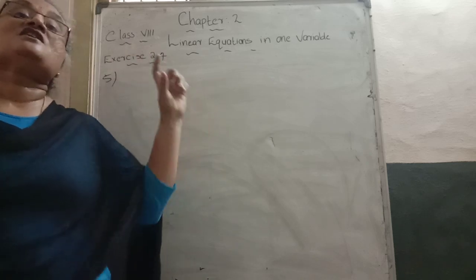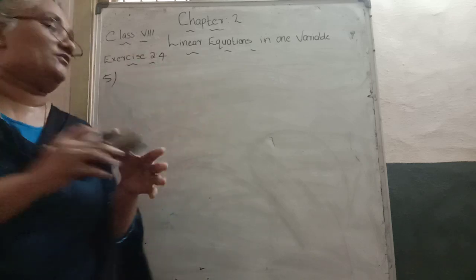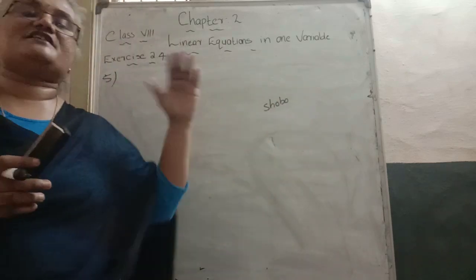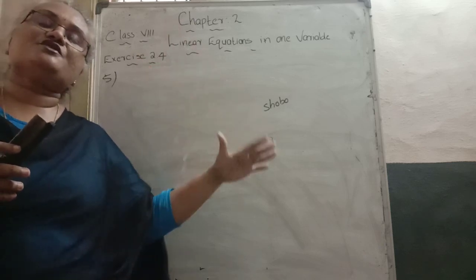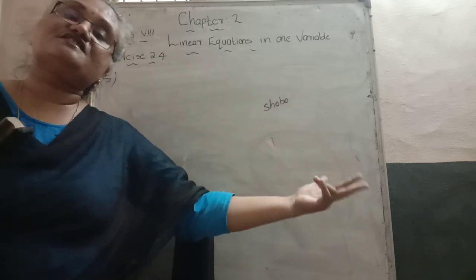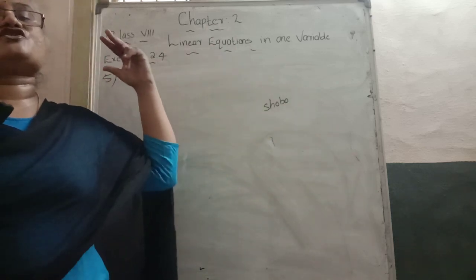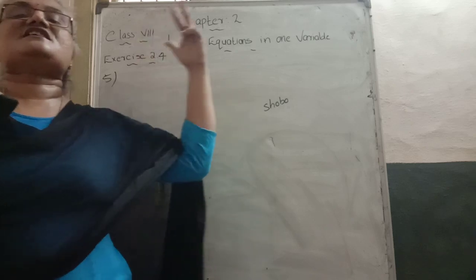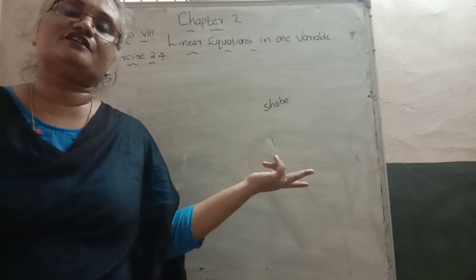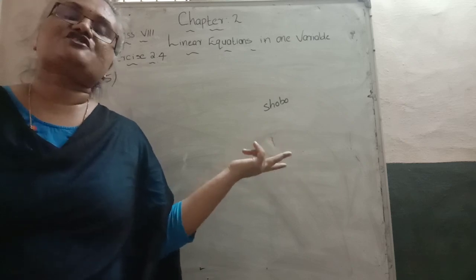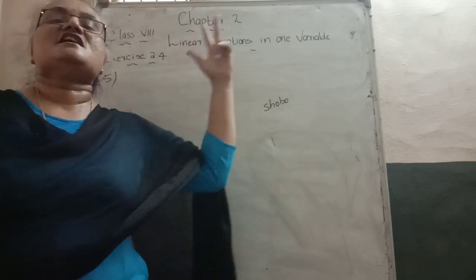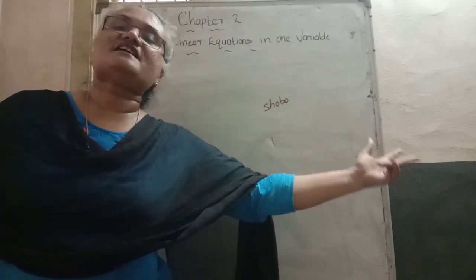They tell that the child's name is Shobo. I use child only. Then the mother's age is given in which way? 6 times the child's age. So the present age of the mother is 6 times the child's age. Here the child's age we don't know, the mother's age we don't know. They gave a clue as an expression: Shobo's mother's age is 6 times Shobo's age.